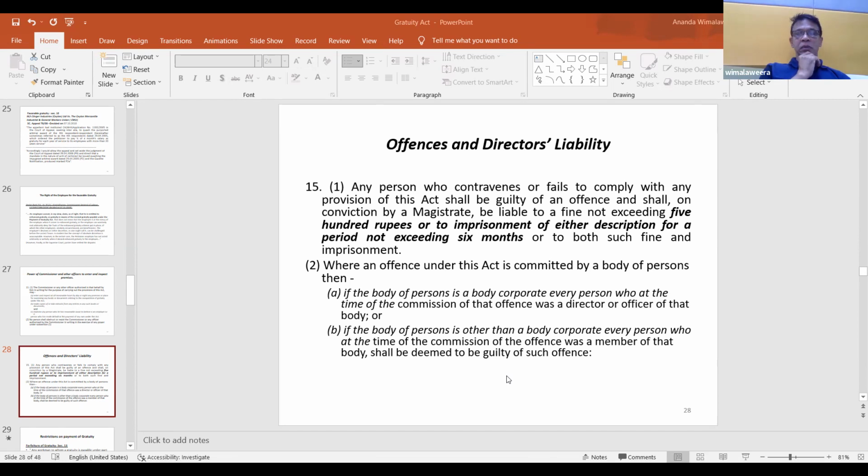If the body of persons is other than a body corporate, every person who, at the time of the commission